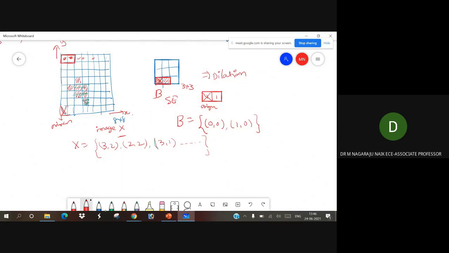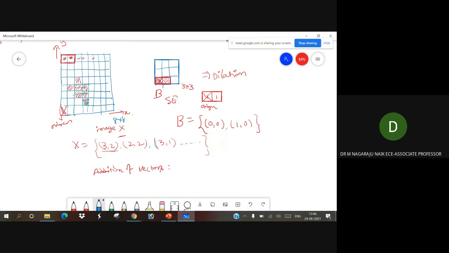Then if you want to find the dilation with the structural element, it is an addition of the vectors. So how is it adding? It is an addition of all the vectors. Now what is the first element?